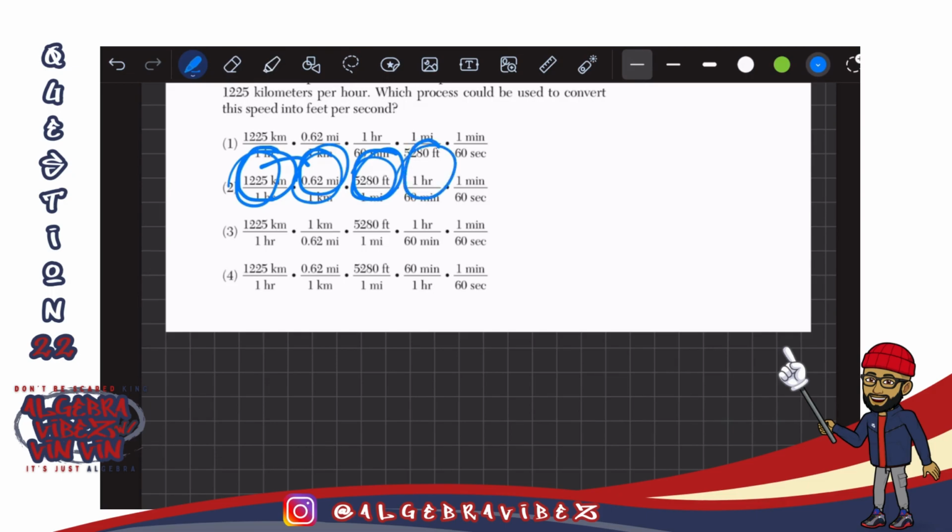We're going to convert the hours to minutes. And then we're going to go ahead and convert the minutes to seconds. Now, if you want to go a little deeper into this, I'm going to lay something out for you so you can see a little bit of what the vibe is here. So we have kilometers over hours